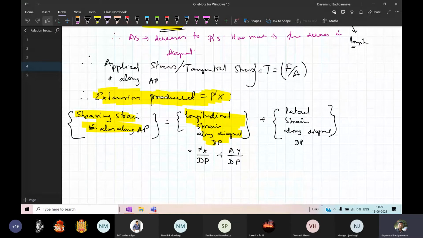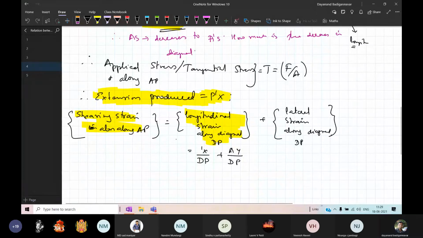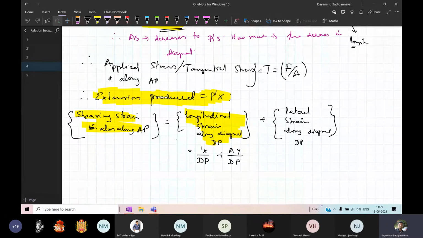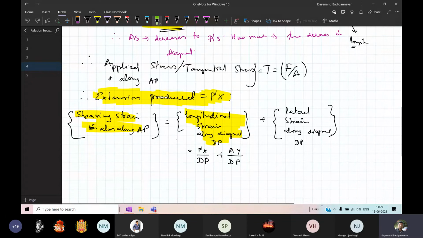Got it. Now, this is for your reference. I have just written it there. You can remove it if you want, or you can keep it. It's not compulsory. You can skip it later if you want.